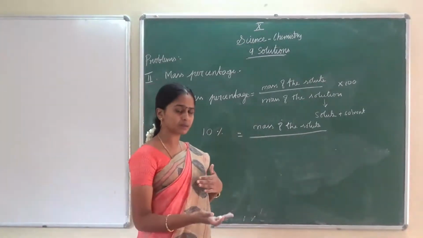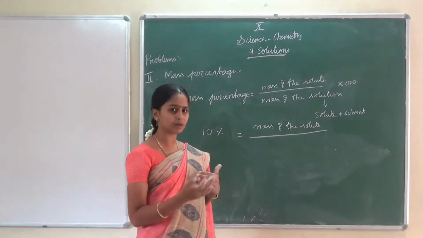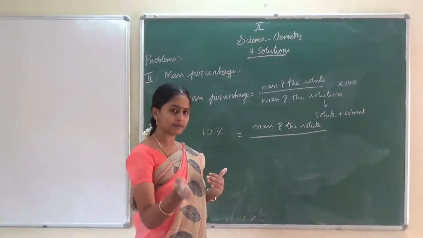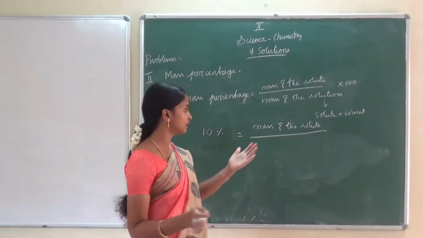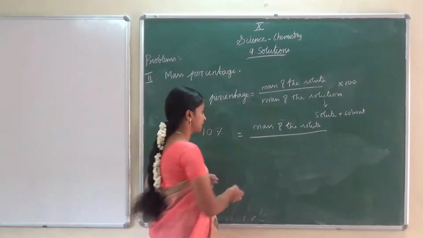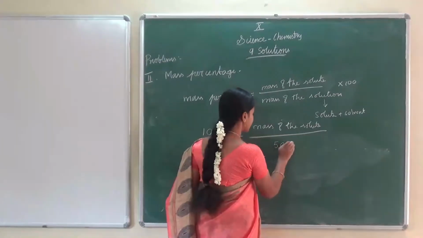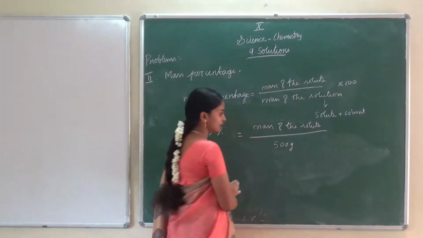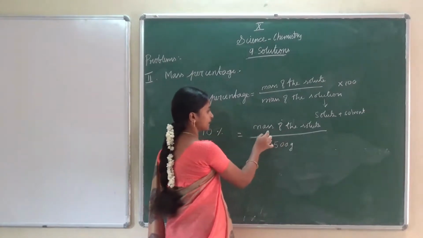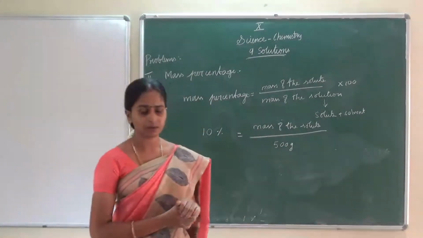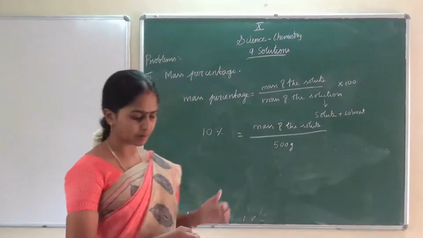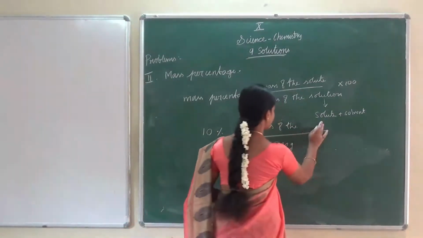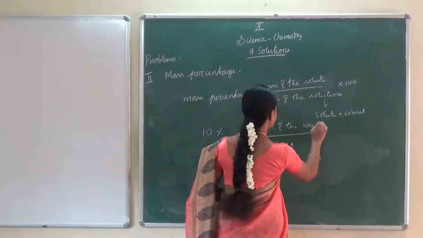Aqueous solution means what? Water solution, water plus urea. Since they have given the word solution, there is no need to write it separately. Directly we can write the mass of the solution is 500 gram. Now they are asking us to find the mass of the solute. Here the solute is urea. So how will you write it now? Mass of the urea is equal to